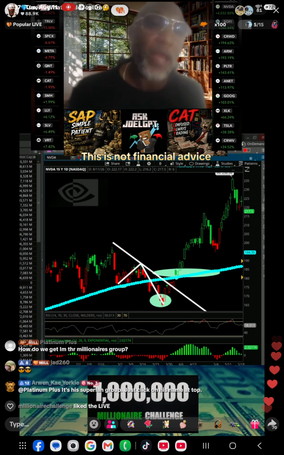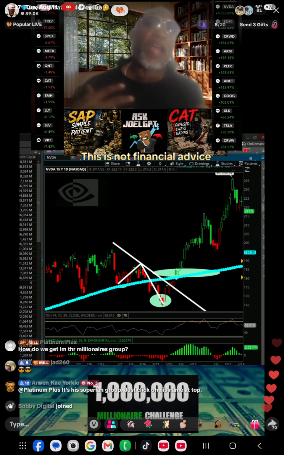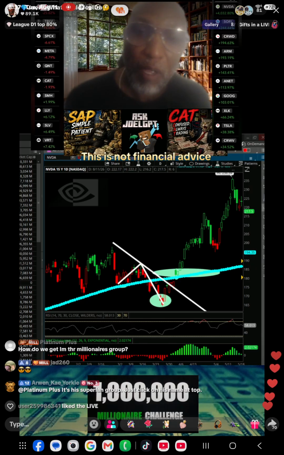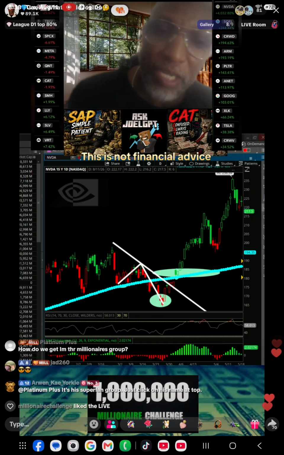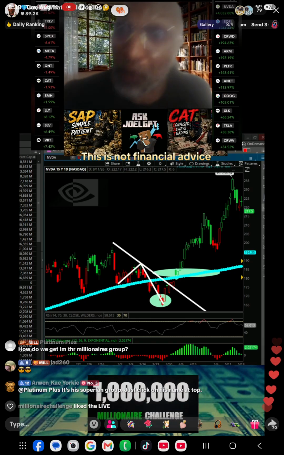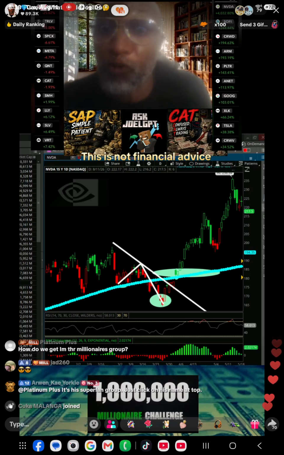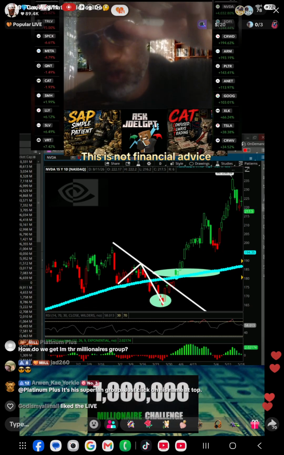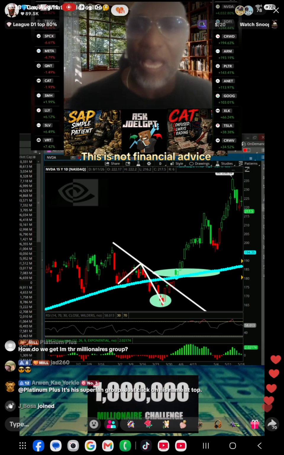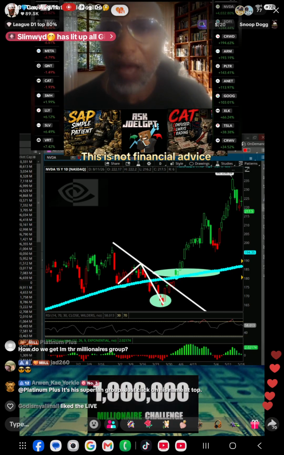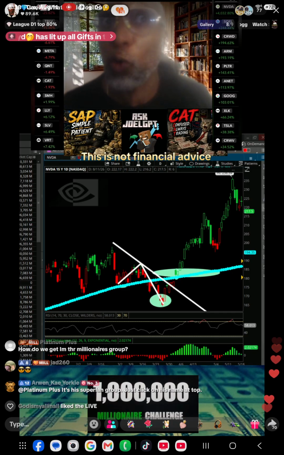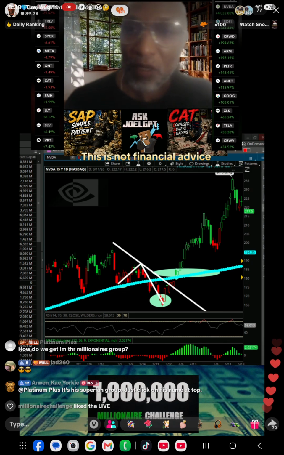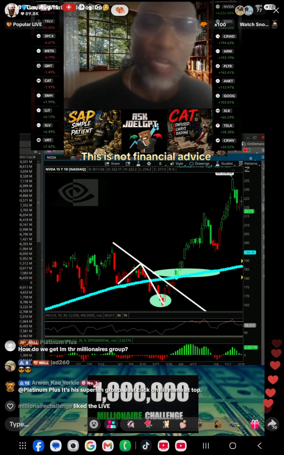So that's why this is the area that professionals are getting in. They're waiting for it to drop to an area where they know the average is going to put you in a higher percent of going higher. But they're going to wait until it breaks that trend, because it's still a downtrend until it breaks the trend. The trend is your friend until it ends. A trend does not end, guys, until you get 3 candles on the opposite side of that trend line. I don't care if you're looking at a 5-minute chart, you need 15 minutes of buying to declare that this might be a trend change.